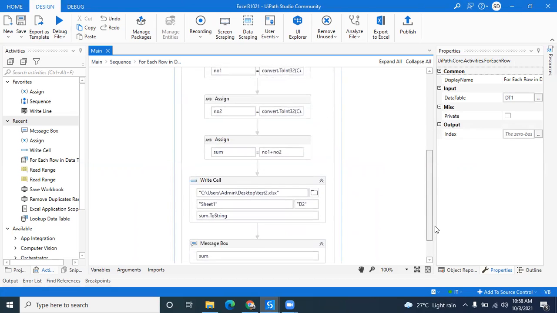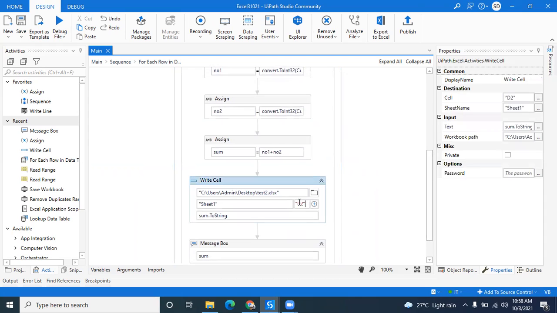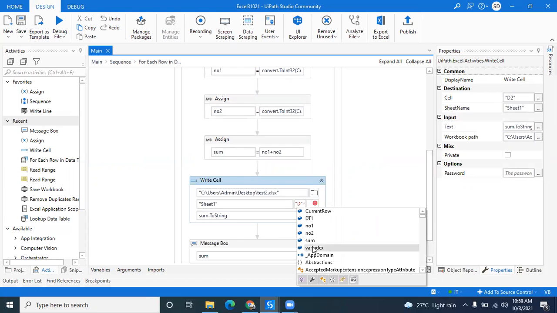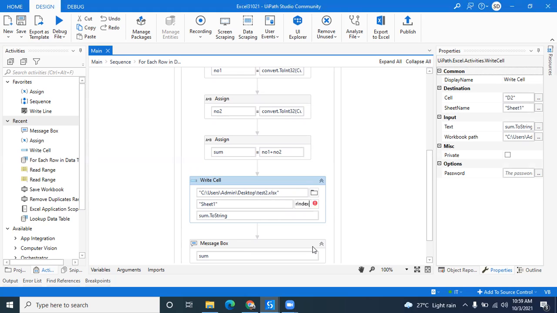Now to write in our proper cell, we have to specify the cell name. Cell name we should specify, and what is the index? Let's see. Our index is already created, dot to string.